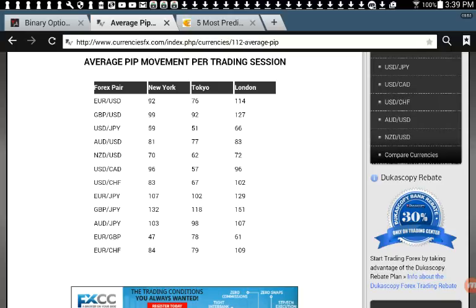But if we look down this chart, we can look across 3 trading sessions here: New York, Tokyo, and London. If we go down here to the pound yen currency pair, you see that in New York it's at 132 pip movement during that trading session. Then in Tokyo it's at 118, and then in London it's 151. Notice in comparison to the other currency pairs, the pound yen numbers are a lot higher, which means it's moving all over the place a lot better, and that's good for our situation, because it's giving us a better opportunity to predict